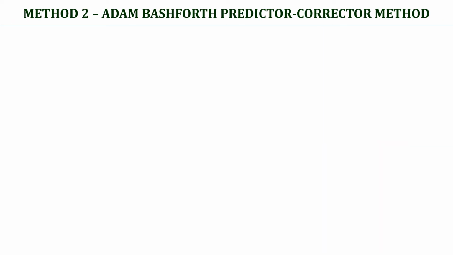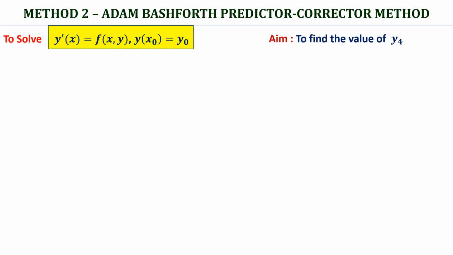Let us also write down the formulae of another method, which is called the Adams-Bashforth predictor corrector method. So in a similar manner, let's write the IVP. Let's write the aim of the problem: to find y4. So we will require, again, to find y4p, so we will require a predictor formula and a corrector formula. So the two formulae only would be changing between Milne's and this method.